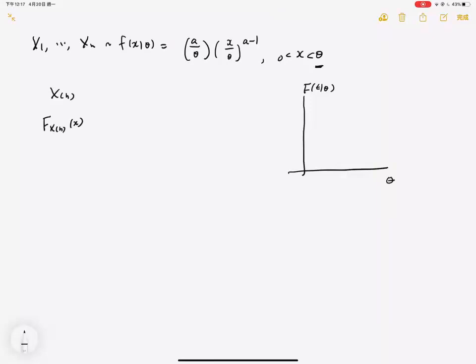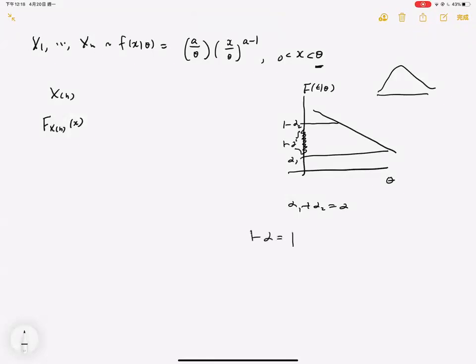If that's a decreasing function of theta, then by the CDF method we are going to have alpha 1 and 1 minus alpha 2, of course with alpha 1 plus alpha 2 equal to alpha. That gives a pivot, where 1 minus alpha equals the probability of the pivot, the CDF of that statistic,